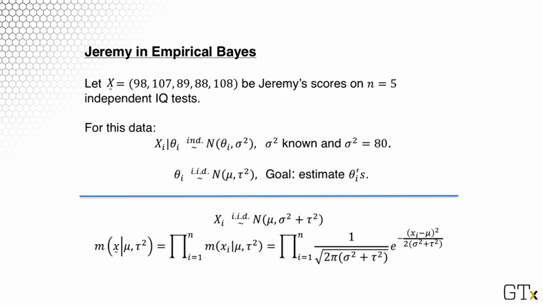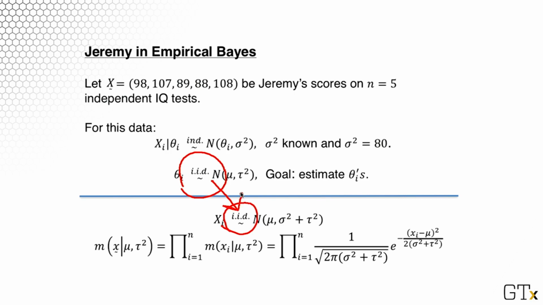Now assume that for this data, Jeremy models his scores as normal with theta_i and sigma squared. So this theta_i now is not a fixed common theta, but for each test it will be a different theta_i. Sigma squared, as before, is assumed known, and Jeremy elicited that one to be 80. Now these theta_i's for different tests all have an IID distribution, normal with mean mu and tau squared variance. We don't know mu, we don't know tau squared, but our goal is to estimate the thetas. So in this case, the x_i's are IID